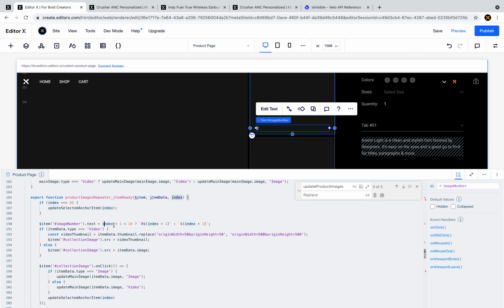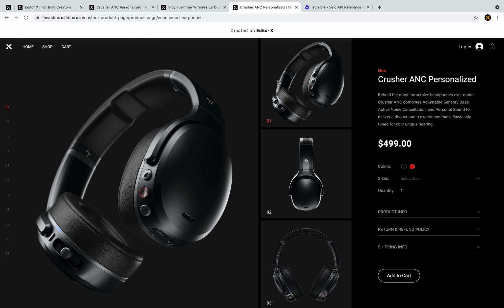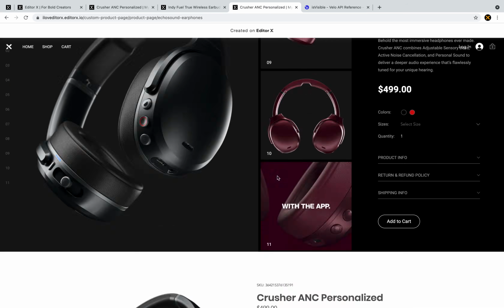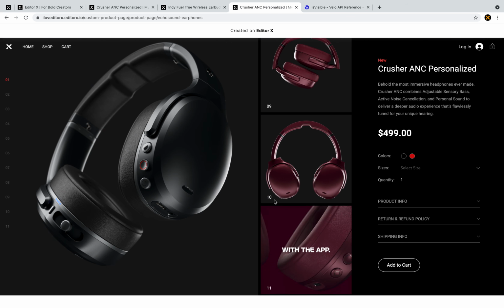So if index plus 1, so if it's 0, it's now equals 1, is smaller than 10, so your number will be 0, 1. Okay, you can see that all my images, you don't have to do it, but I just think it looks nicer that you have two numbers here, like 0, 1, 0, 2, 0, 3, and then you have like 10. It's like it's